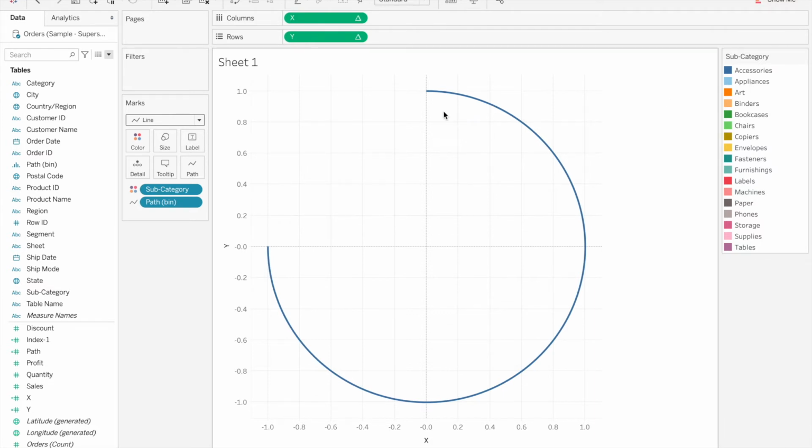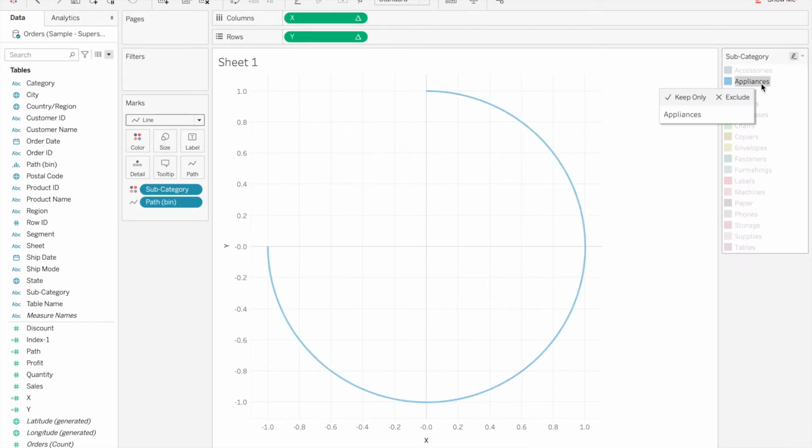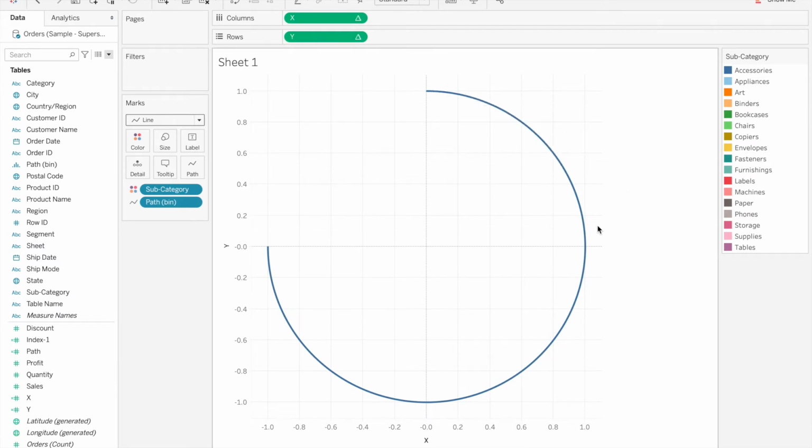Now when we see this circle, we see that it showcases the information only for one subcategory. What if we want the circles for different subcategories? In order to do that, we have to make some calculations.